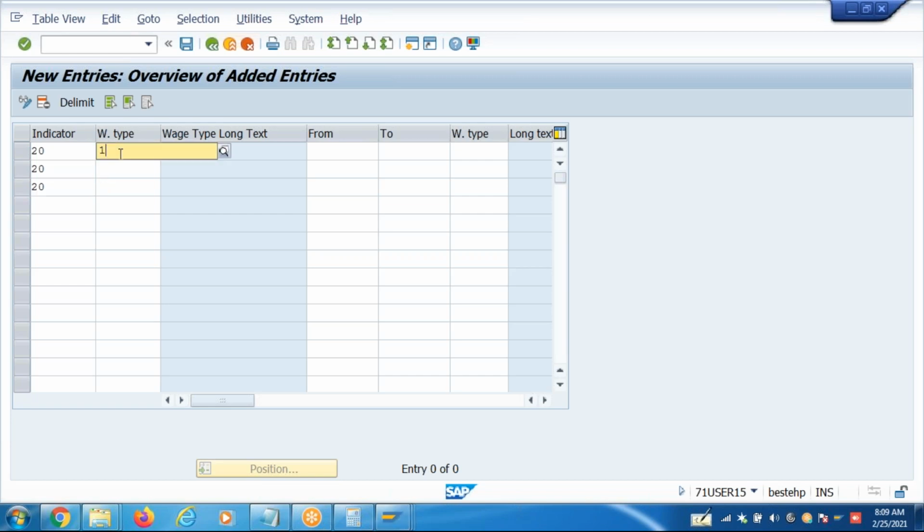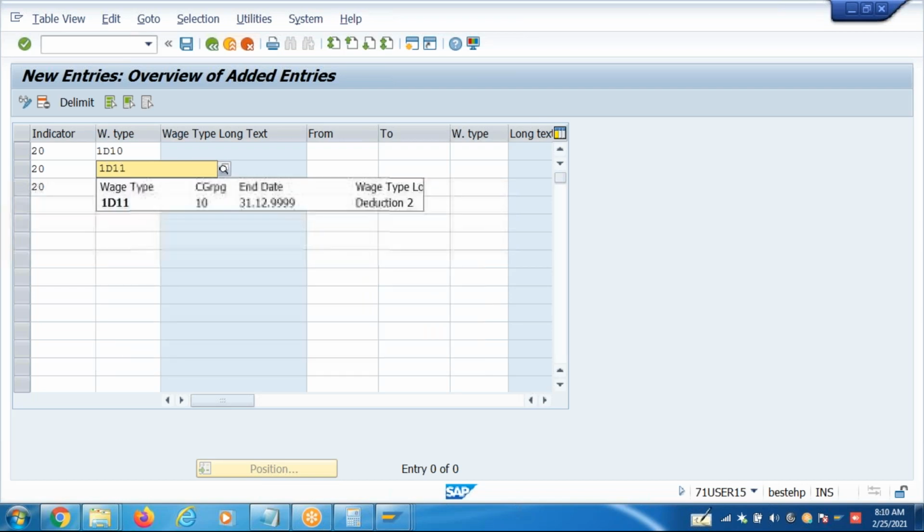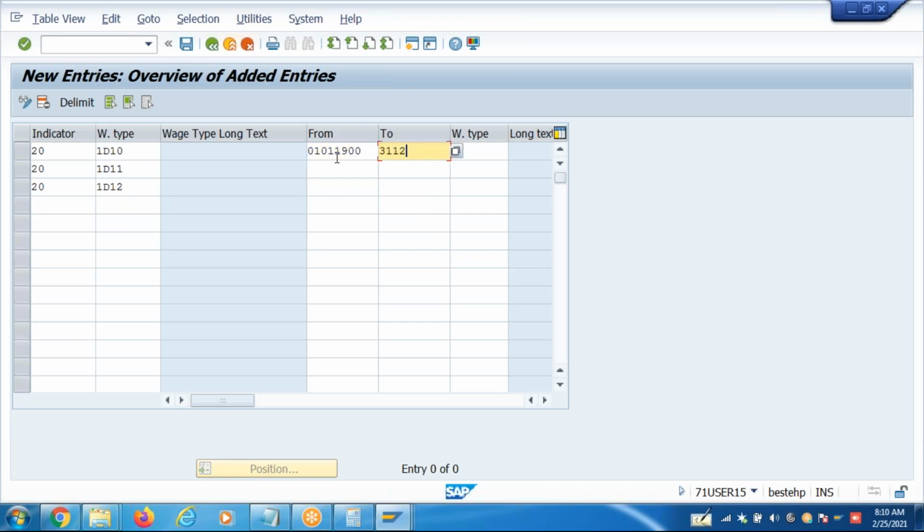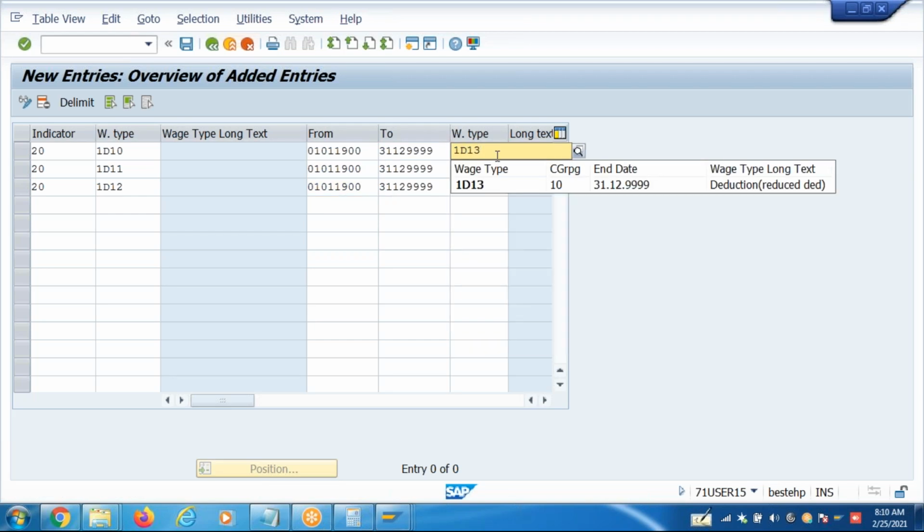If these deductions are stored in the arrears table, with indicator 20, change the deduction code to wage type 1D13.